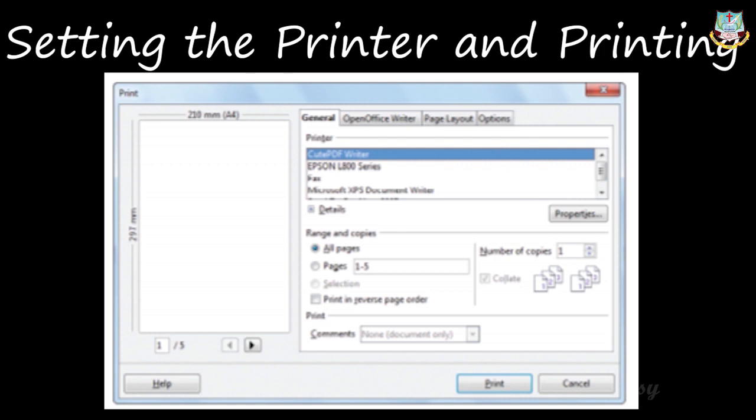That's all about printing a document. Printing a document is very easy. And we have come to the end of this document. That means we have learned about this word processor, right? About this OpenOffice Writer. Here in this OpenOffice, what all have we seen? We have seen about OpenOffice Writer, how to download this OpenOffice package, and how to open the OpenOffice window. And we have seen about the title bar, menu bar, what are the menus and icons present in this window, right? We have seen about the toolbars, the formatting toolbar, and the standard toolbar and all.